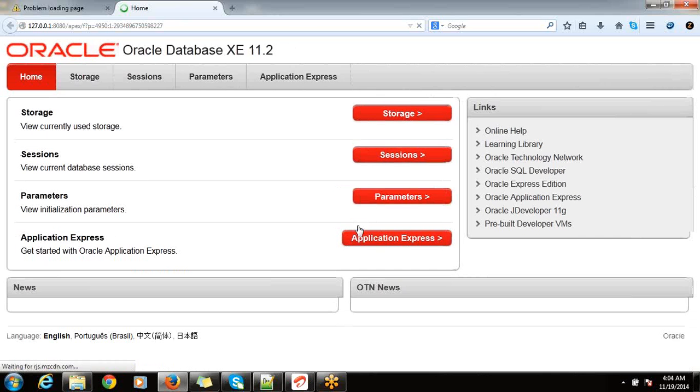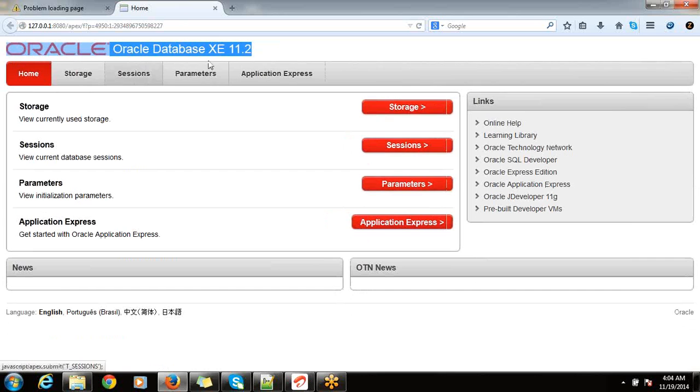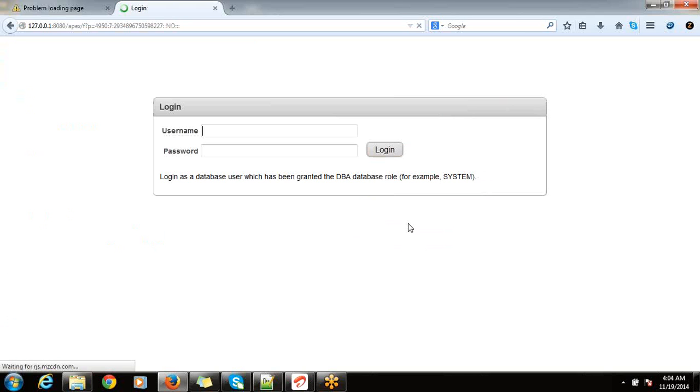You can see here Oracle Database Express Edition, 11.2 release. This is the home page, and on this home page you can see Application Express. Click on that Application Express, and it will ask for a username and password.